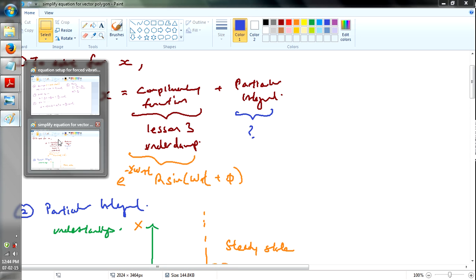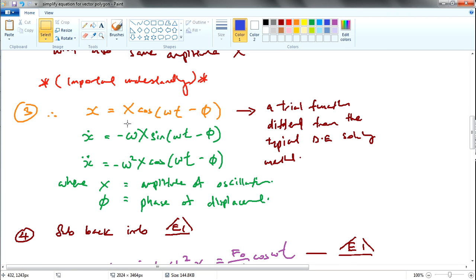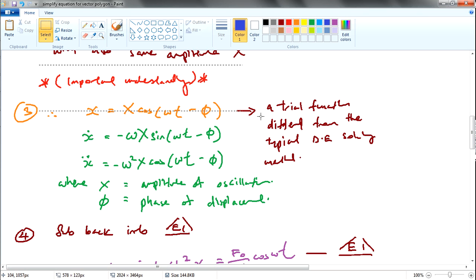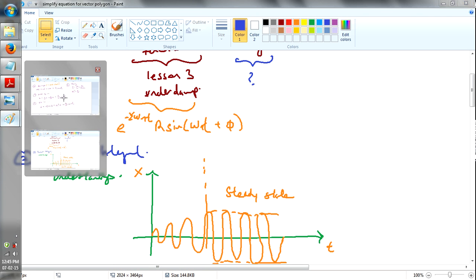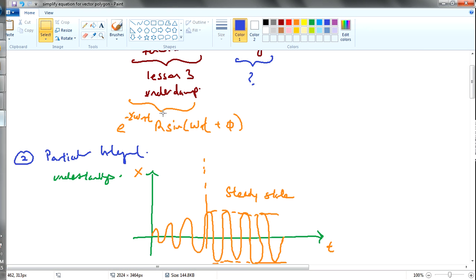As you can see, our form is actually x cosine (wt minus alpha). So this is different from the typical particular integral, and this is a very important understanding. Up till the previous lesson, deriving this is pretty easy. It's pretty straightforward. You follow a similar trend, but once you come into this zone,